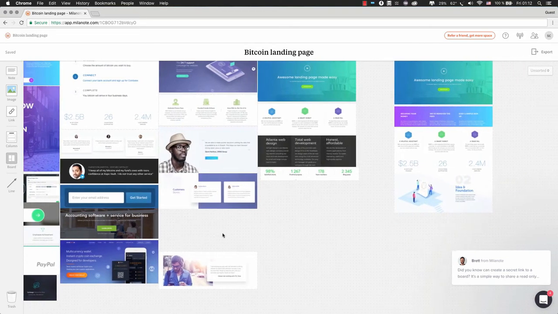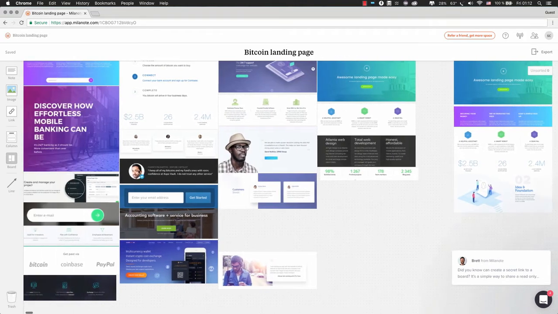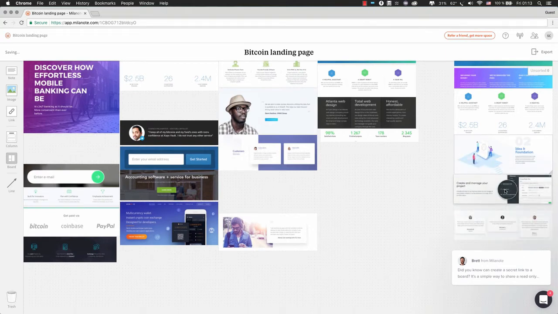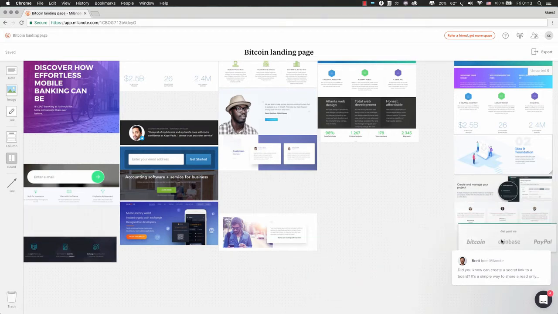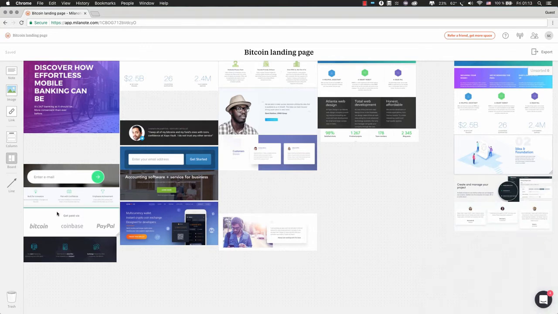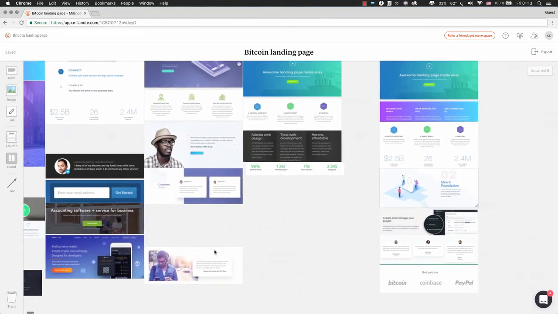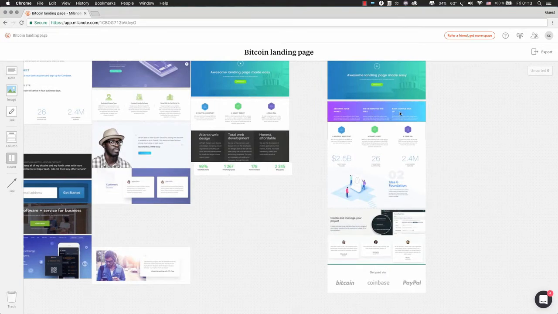For example, I really like this header and the way it goes with the gradient, and I'm probably gonna use that. But right now I'm just trying to figure out things I like and things I don't like, things I want to see on the landing page, things I think are going to fit with my specific needs of building a Bitcoin oriented landing page that is a lead generation landing page in the end, and working on the message flow. The message flow I'm going to use for this particular process is going to be what, why, how, who,